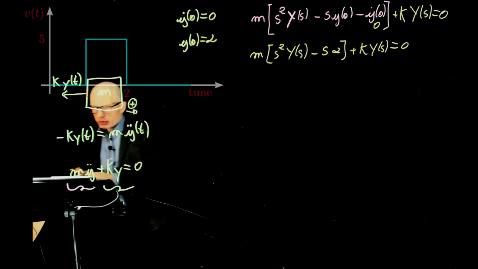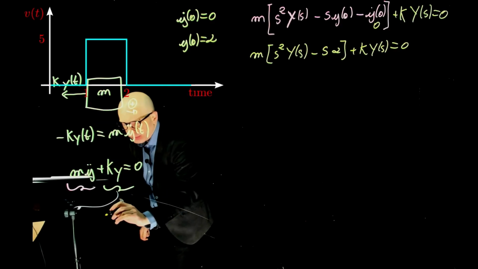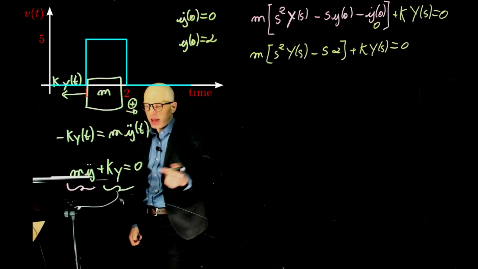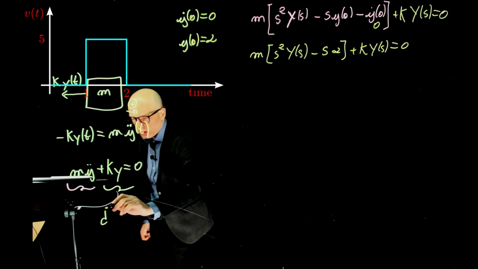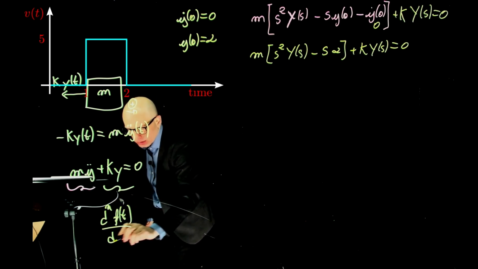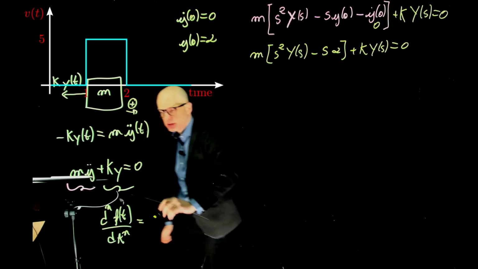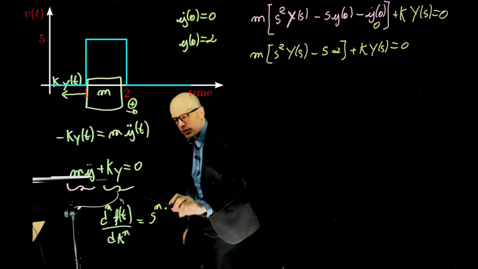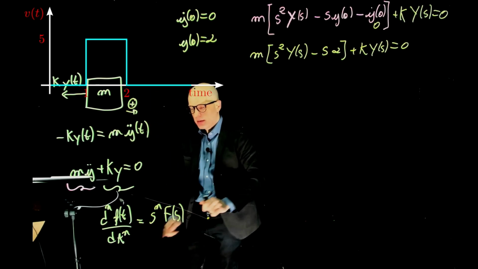So what I'm doing there is for every derivative is multiplied by s. So d n of f of t dt to the power of n is s to the power of n f of s plus or minus the